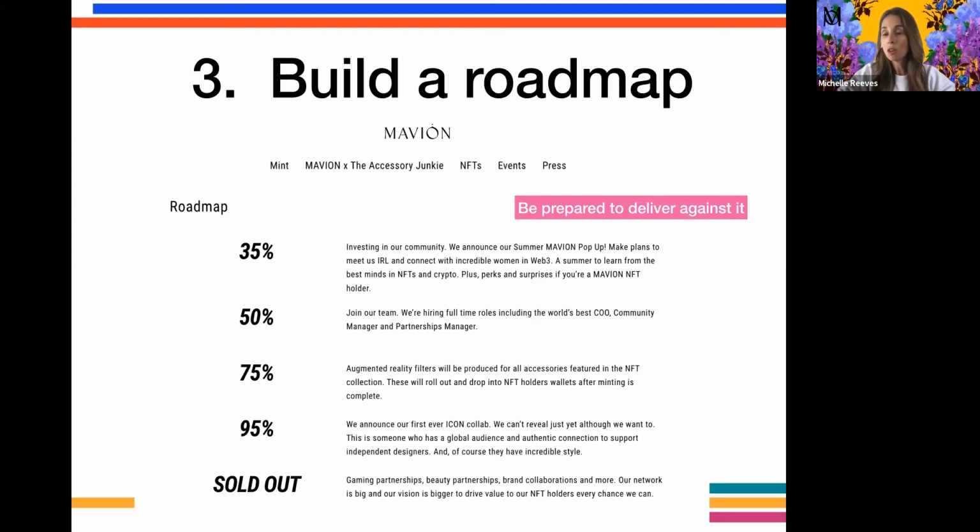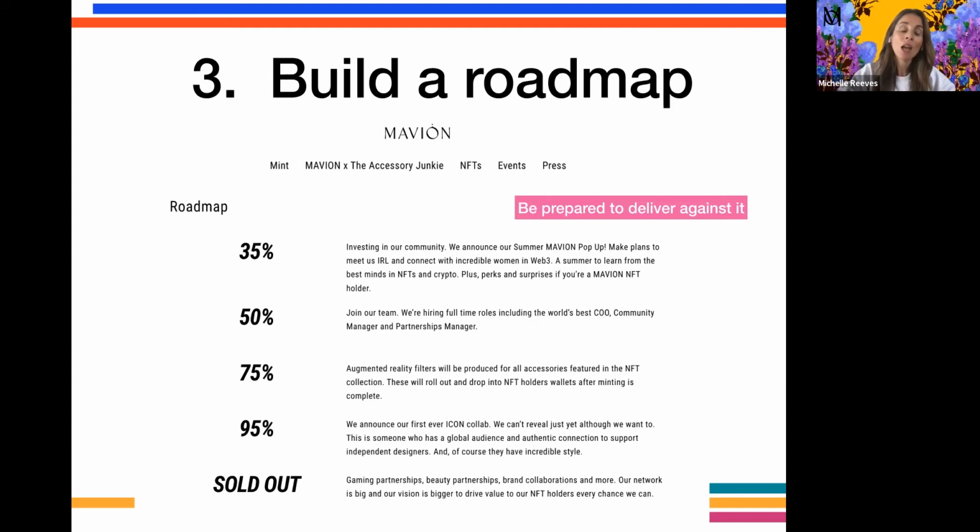It's okay if you don't hit a milestone, but it's about transparency and communication so that your audience understands how and why and what you're going to do to solve for any changes to that roadmap. And sometimes those changes were unexpected, and sometimes they were absolutely necessary for the success of your product.